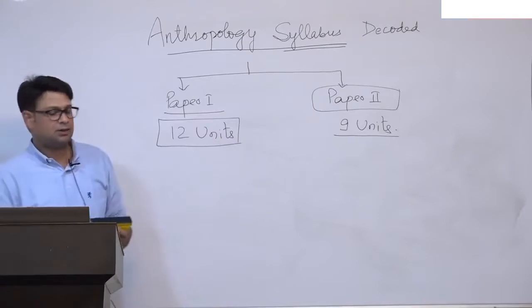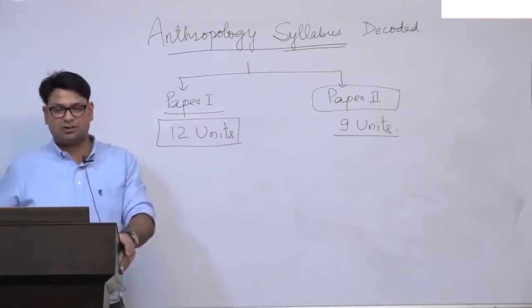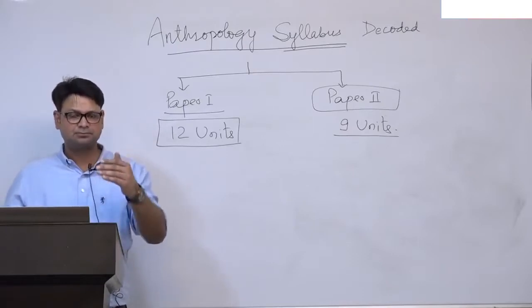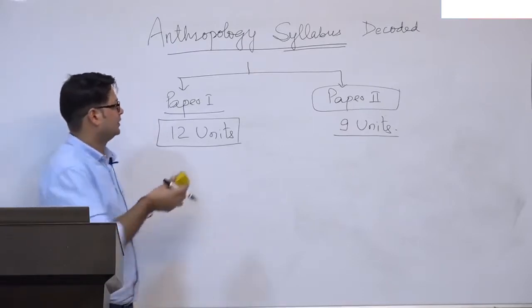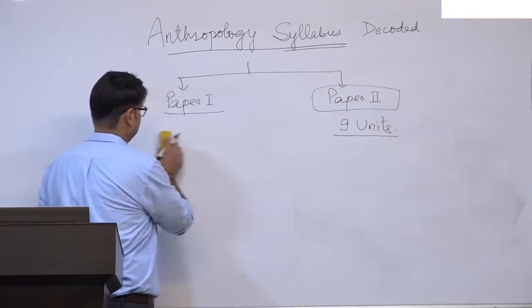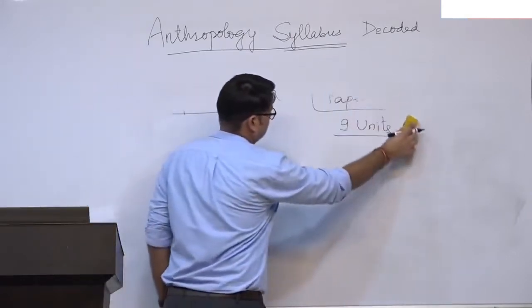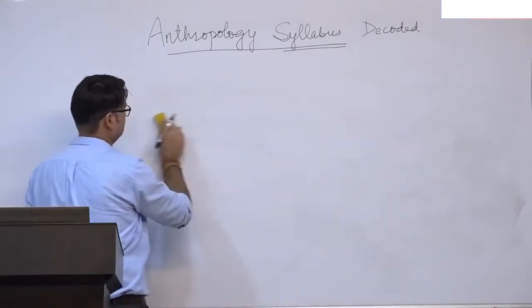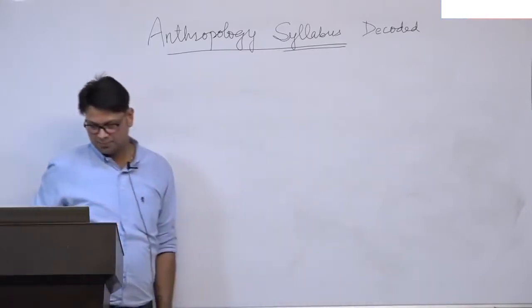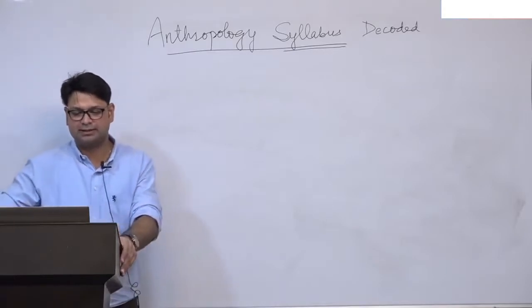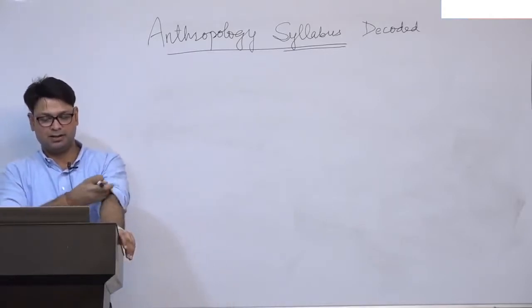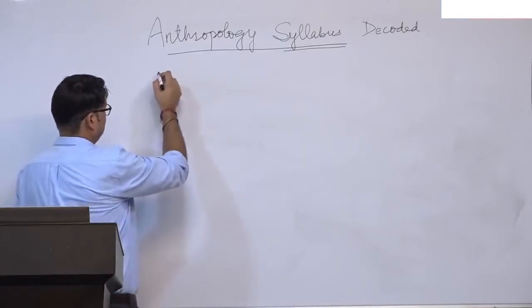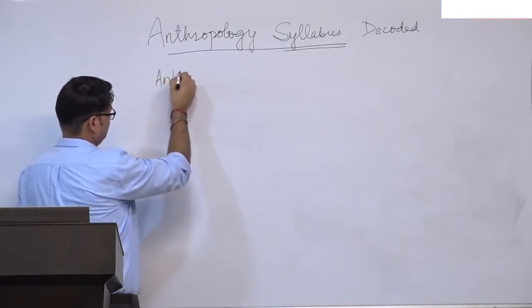So first, let me tell you our approach, how we are going to understand the syllabus, and then I will take the topics one by one, right? So, again, paper 1 and 2, right? So in paper 1, we have anthropology, general anthropology,